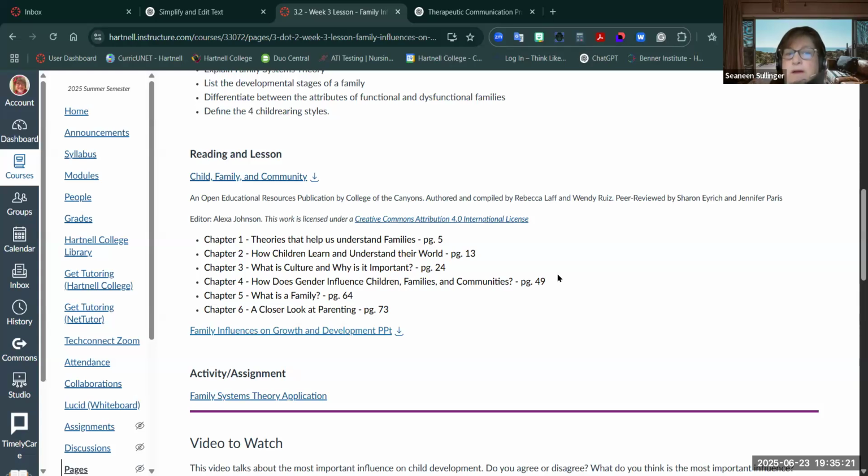The lesson also talks about functional and dysfunctional families. Generally a functional family is able to make those shifts, whereas a dysfunctional family is not able to make those shifts, and thereby puts more burden on the family as a whole when there's some kind of crisis, something different that comes up.